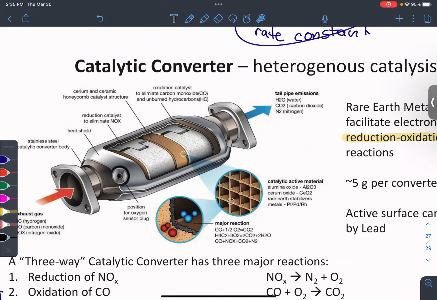That electron is going to go to the reaction that's catalyzing the reduction of NO2. So you've actually made a complete circuit within your catalytic converter. If you look at the different parts of your catalytic converter, there are 3 different chambers for these reactions to happen. You have oxidation reactions giving off electrons. Instead of those electrons going off and doing whatever, they are actually going to reduce NO2 gases to make N2. So we have that complete circuit, and I like that.